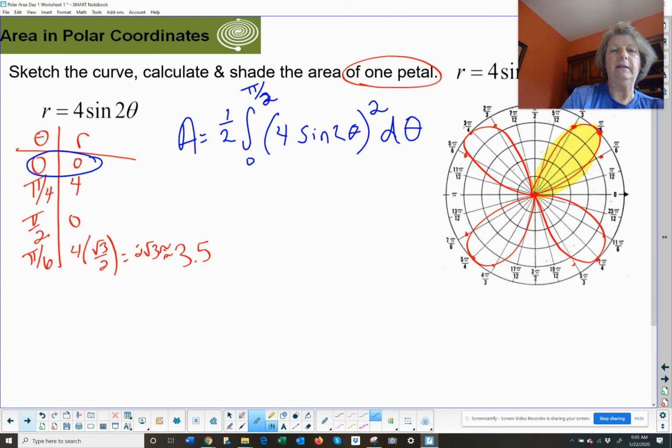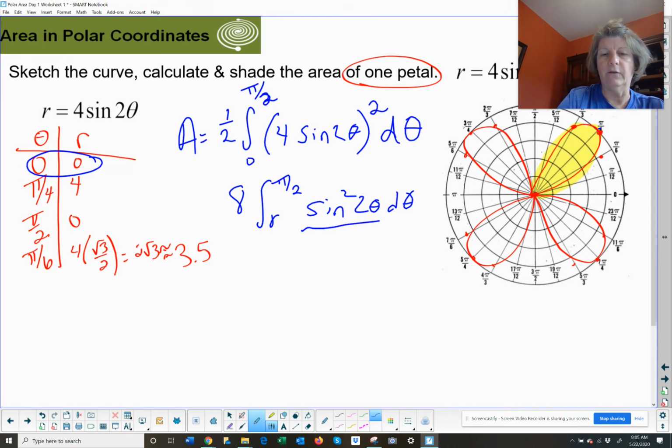We could calculate this out, of course. I would probably square and get 16. 16 times 1/2 is 8. 0 to pi over 2 of sine squared 2 theta d theta. Probably would have to use my formulas. It's been a while since we've done those. If we were to do these by hand, the